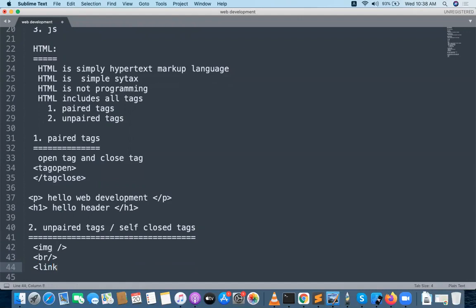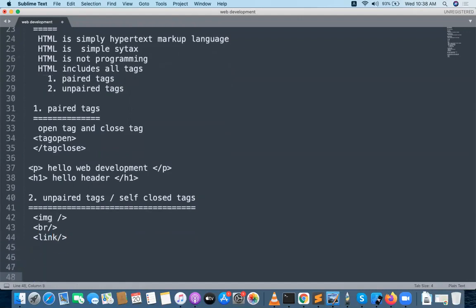There is no closing tag for these. Whenever you open them, they are directly self-closed.